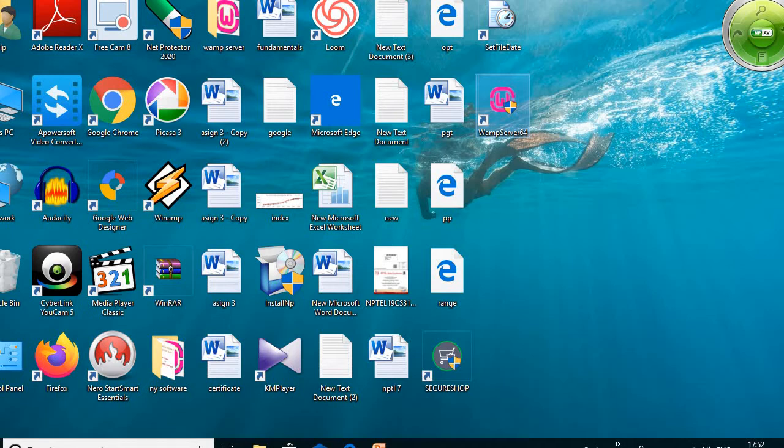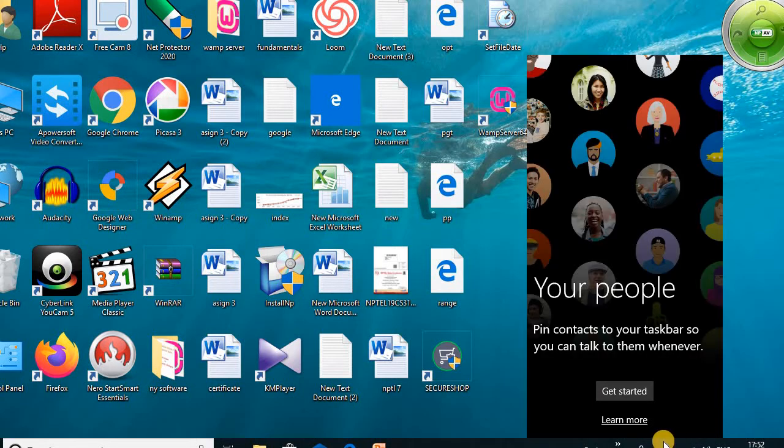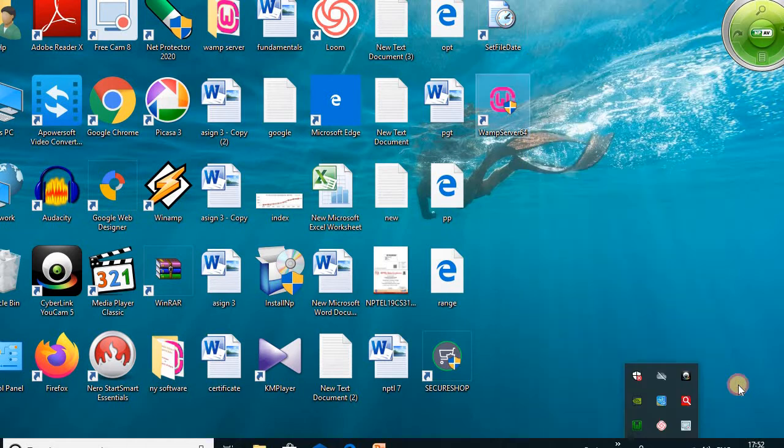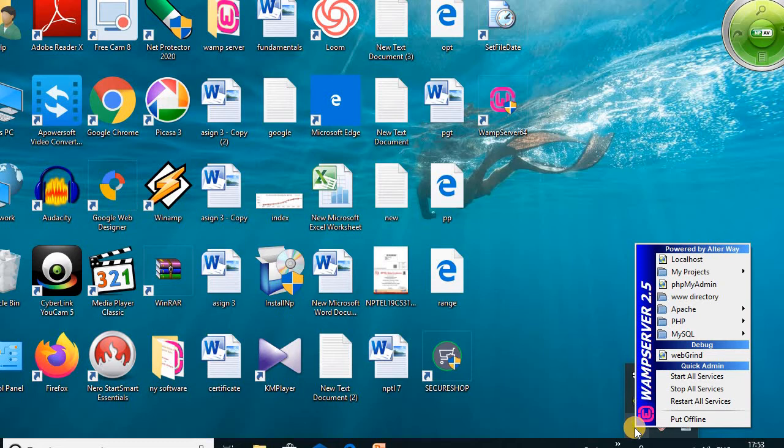Click on the S button. After clicking the S button, it displays the WAMP server in the system tray. Then you can use it. Click on this green W icon if you want to explore all the options from the WAMP server.